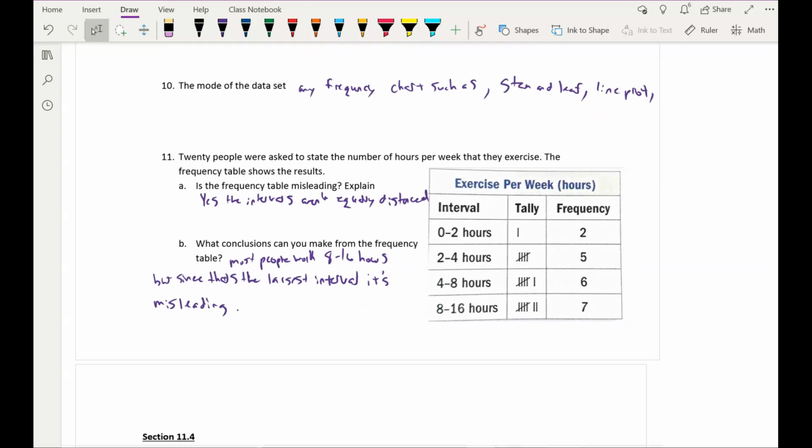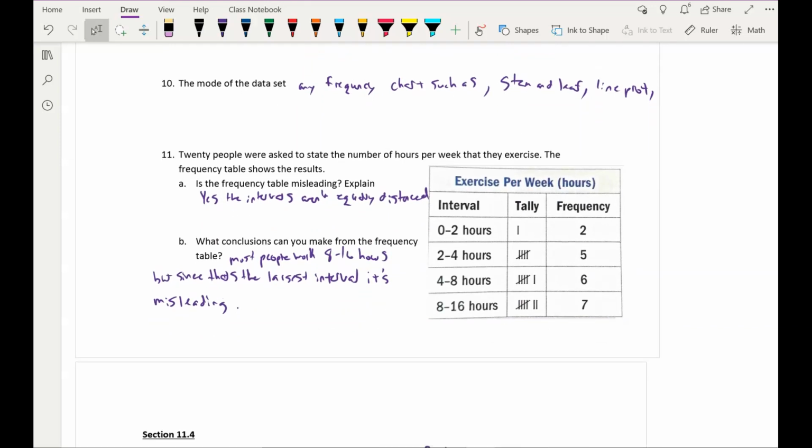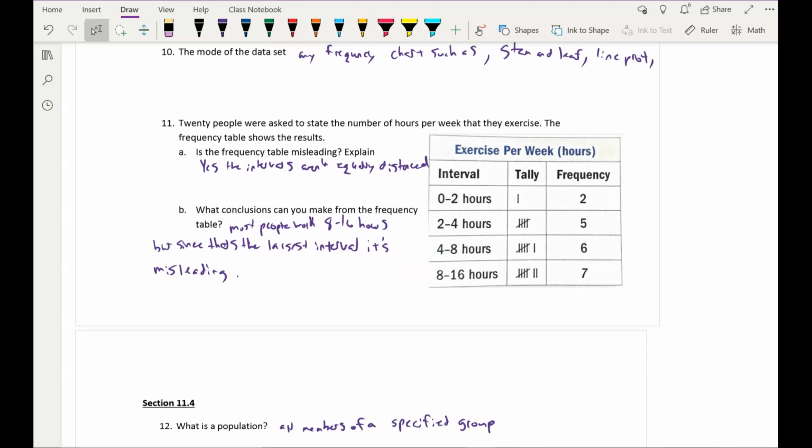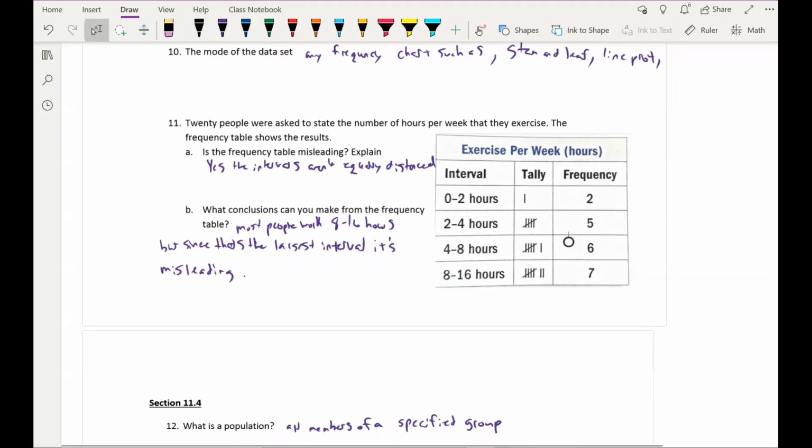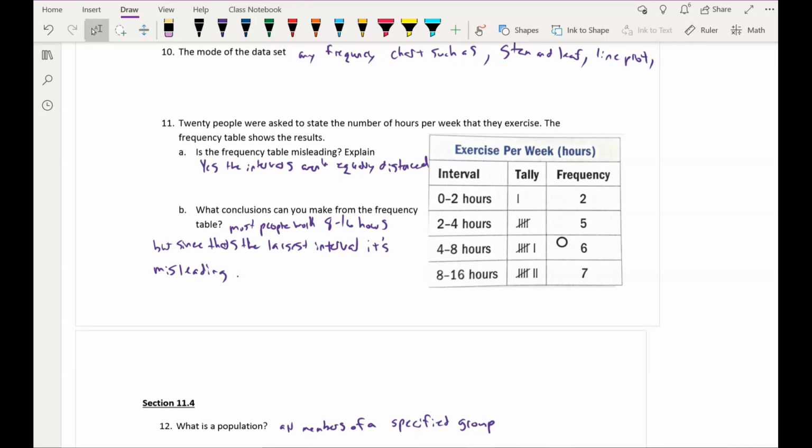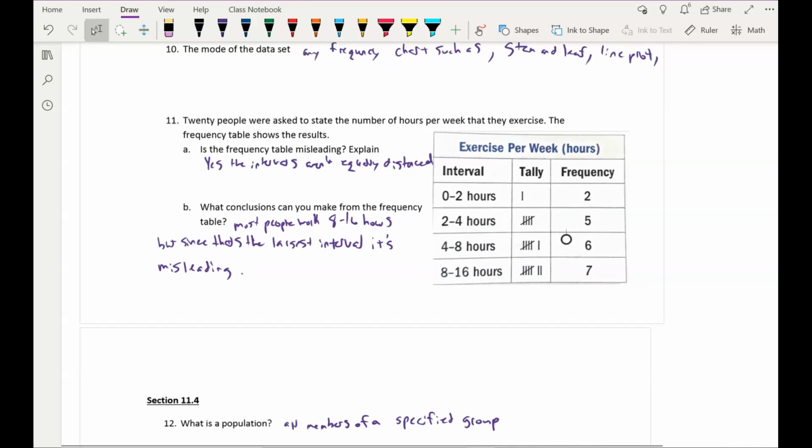For number 11, we'll go through 11, A and B. 20 people were asked to state the number of hours per week they exercise. The frequency table shows the results. Is the frequency table misleading? Well, at first it doesn't seem like it'd be misleading, 0 to 2 hours, 2 to 4 hours, but then it goes 4 to 8 hours and 8 to 16 hours. Since the intervals here